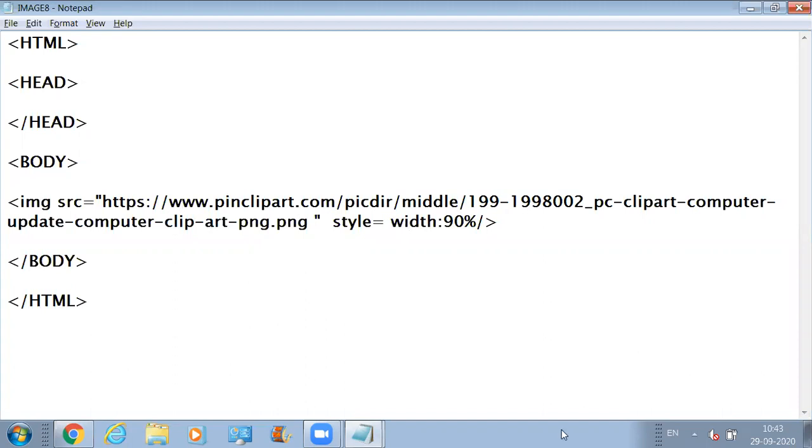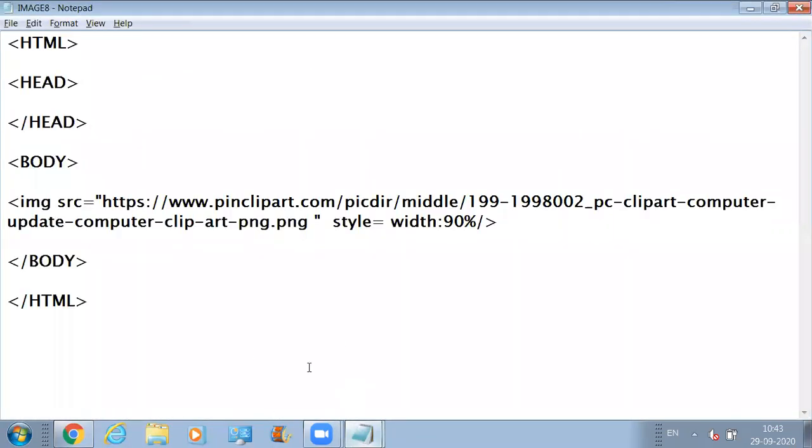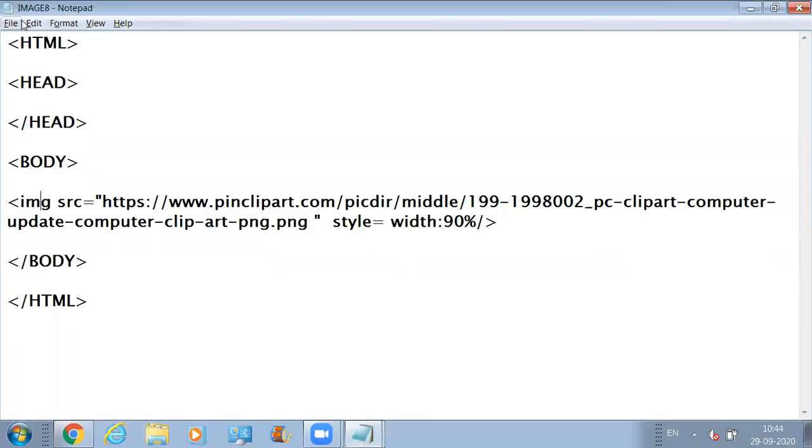I am saving the changes and I'm not going to create another file for this, dear. In this same file we are going to see the output. So this is a page that is connected to this notepad file code, right? Let's see what we are going to get as an output when we refresh the page. Okay, now image 8. If I do it like 10%,